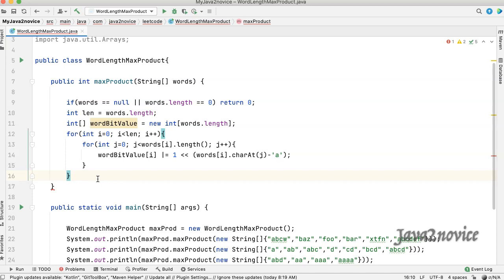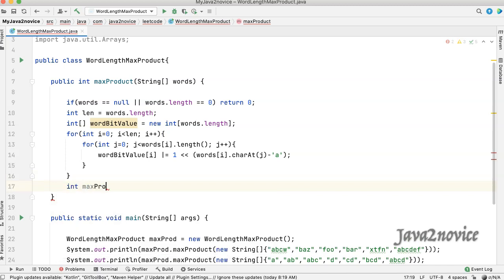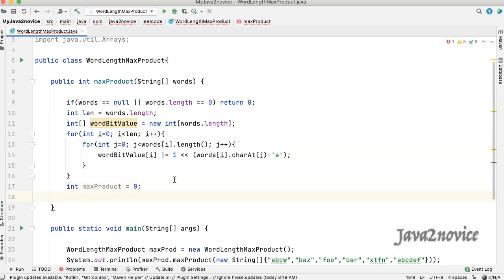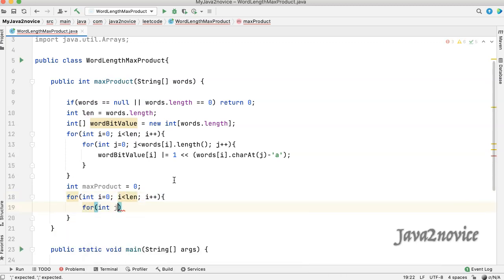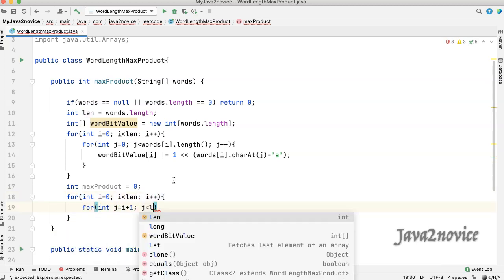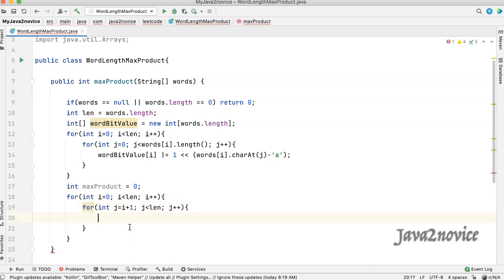Let's calculate the product. Before that, we will declare a variable to hold the max product. We will use a nested loop to identify words which do not share common letters. If the bitwise AND operation returns 0, then there are no common letters between two words.